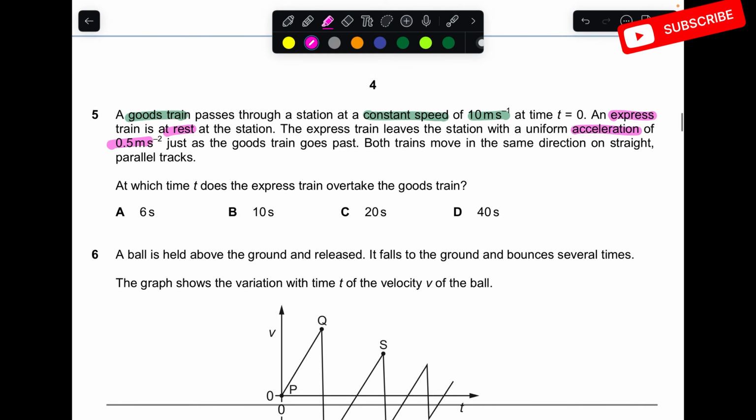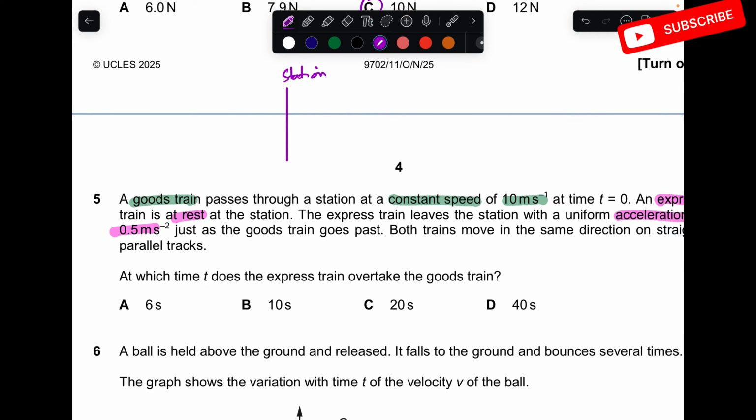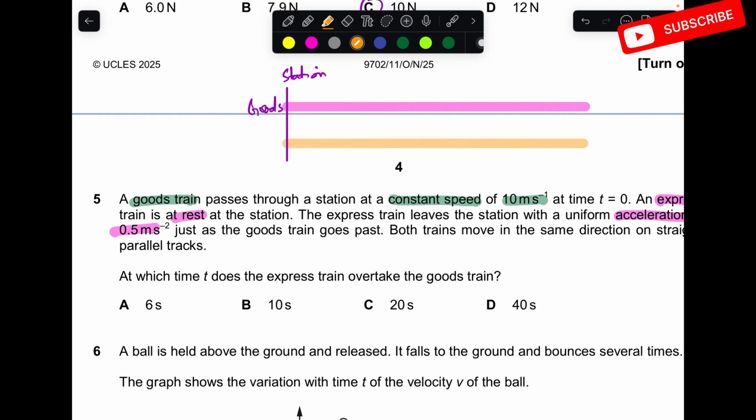It's a very common question. In case of overtaking, let's build the scenario first. Suppose this is the station. There is one train, let's call this the goods train. And there is another train, in a different color, the express train. And this is the point where they're going to